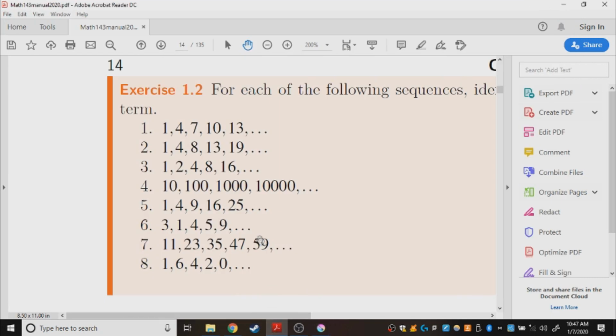Well, let me know if I'm going too fast or anything. Number 6: 3, 1, 4, 5, 9. Ooh, they feel very random to me. Don't know. Because I have no experience with much at this stage, if you feel like, oh, I don't see anything, that's a perfectly fine answer. I, at this moment, don't see a pattern. That doesn't mean there isn't one. It just means my numbers, I have 5 numbers. It's very much dependent on